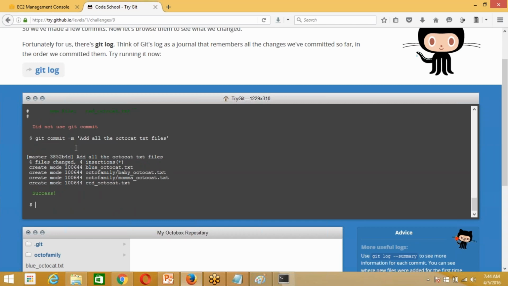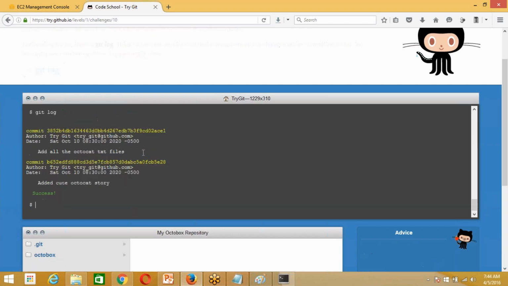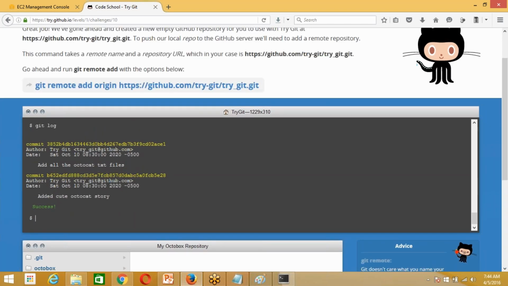Once you have committed all the files, you can check the log for the messages. This particular code is the SHA1 code which identifies all the commits you are doing. This is how you can see the logs, git log.